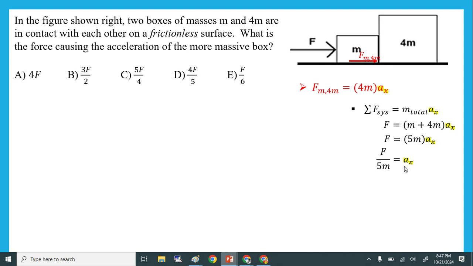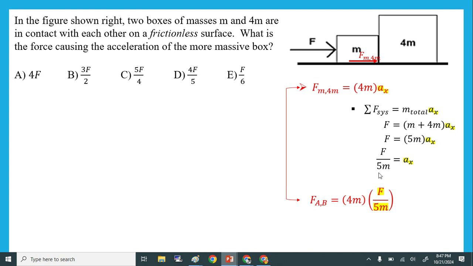Ax, the horizontal acceleration, is whatever the force is divided by the total mass, which is 5M in this case. Therefore, I can carry down my work in the previous statement in red. The contact force between block M and block 4M can now be substituted in. So the mass that I'm interested in is 4M on the right, but I don't know what Ax was initially,